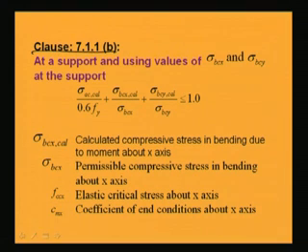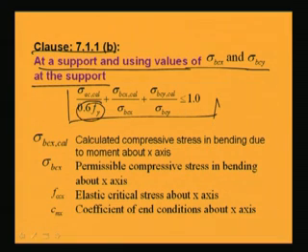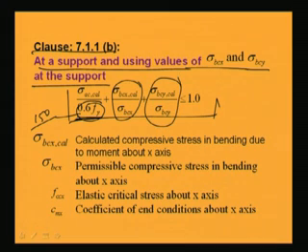Okay. Next, as per clause 7.1.1b, at a support and using values of sigma BCX and sigma BCY at the support, we can write this equation: sigma AC calculated by 0.6 Fy, not sigma AC, remember, at the support we can use simply 0.6 Fy, that is, for Fe 250 it will be 150 MPa, okay, plus sigma BCX calculated by sigma BCX plus sigma BCY calculated by sigma BCY should be less than or equal to 1,